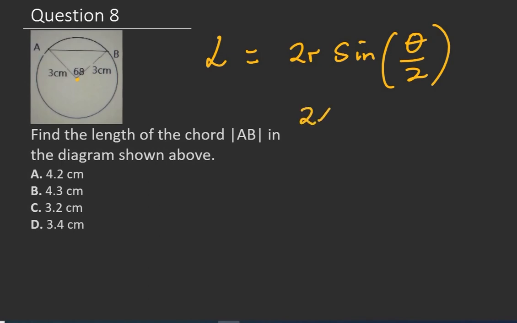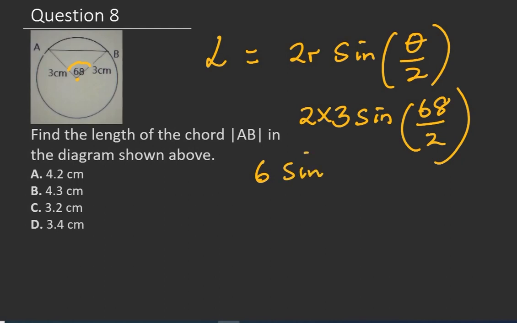So 2 times 3 centimeters sine. The angle here is 68. So theta is 68 divided by 2. Okay, 2 times 3 is 6. 6 times sine of 68 divided by 2, which is 34. 6 times, punch in sine 34 in your calculator, it will give you 0.559. So 6 times 0.559 will give me